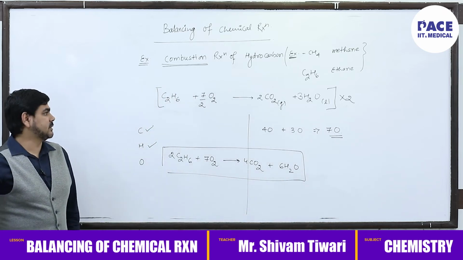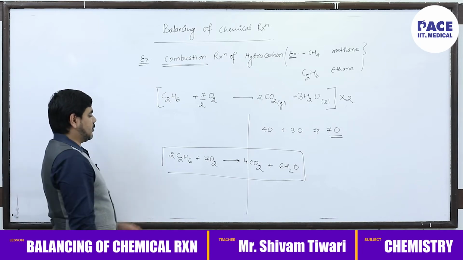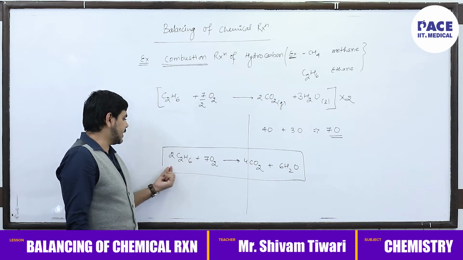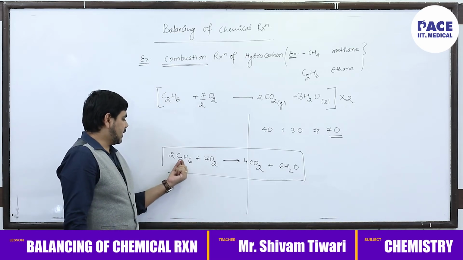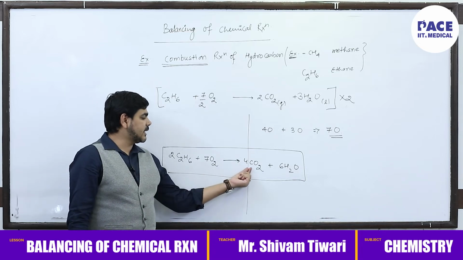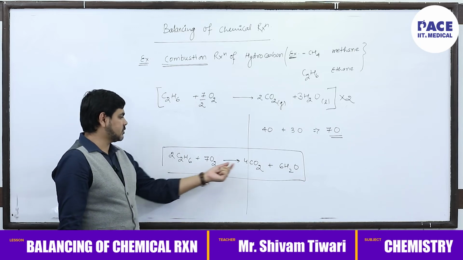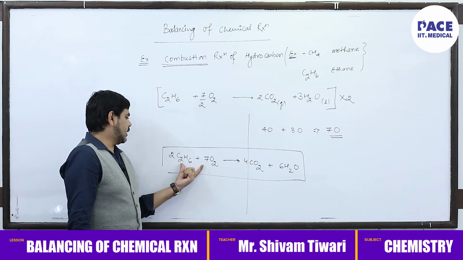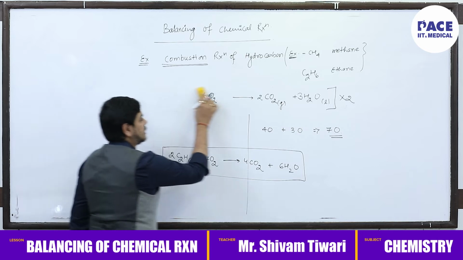I'll give one more example. Again, I will summarize. We have to balance each and every element. We have to see how many atoms are at the left hand side and how many atoms are at the right hand side. If the total number of atoms at the left hand side of a particular element is 4, then at the right hand side it is also going to be 4. So you can just cross check whether all the elements at the left hand side and right hand side are the same or not. Let's say I will write one more example.